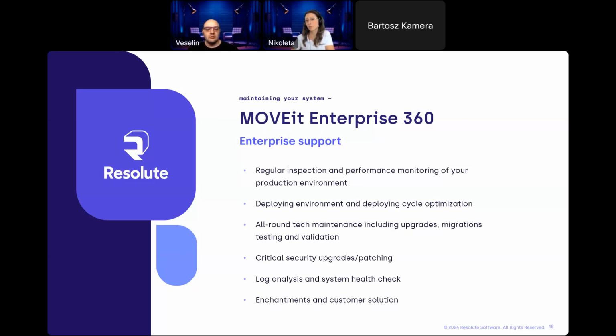MOVEit Enterprise 360 adds a level on top of the standard product support. We often collaborate with the product support team to resolve the issues that may arise, and we do so by gathering the artifacts from the system, structuring them, and already analyzing the root cause of the problem. When it comes to the product, the support team of Progress is there to support us down the road in resolving the issues, but the consultants at Resolute are the ones managing the whole process.